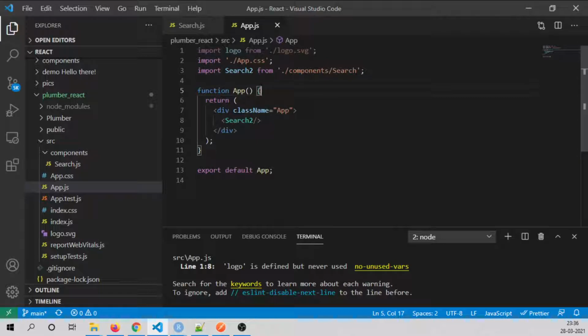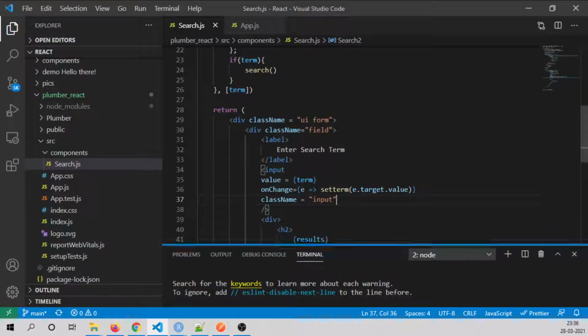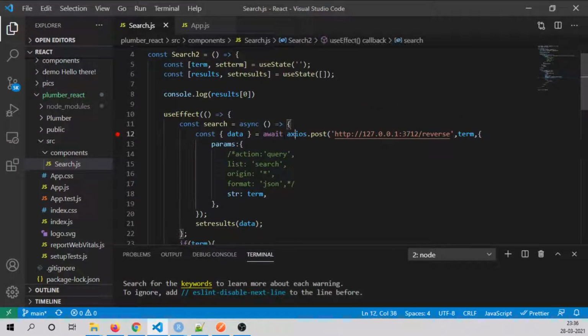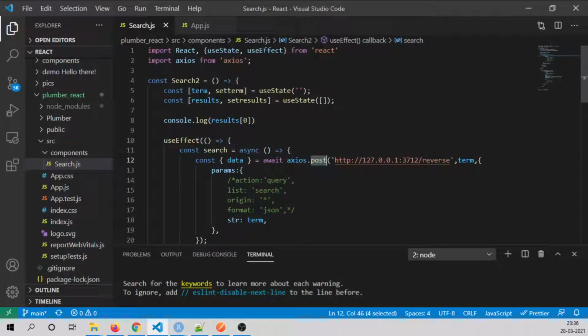Yes. So in order to integrate it, we are going to use, let me just make it bigger, we are going to use Axios, which is a very nice library to make an API request. So let me quickly walk through the code, how the code is actually working. So we are going to use useEffect and useState to set our initial state, and useEffect to modify or handle the life cycle of the application.